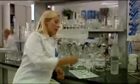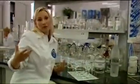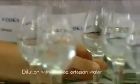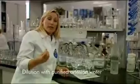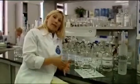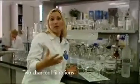Once this raw spirit has gone through those 4 columns, we're left with rectified spirit, which is the Belvedere, but full-strength Belvedere. This then goes through dilution. We're again using our artesian water to reduce the strength of Belvedere to 40% bottling strength. It's at this point we then take the Belvedere through a filter. We take it through 2 charcoal filters. This does lots of things, but predominantly removes any off notes, any smells that might still be left over after